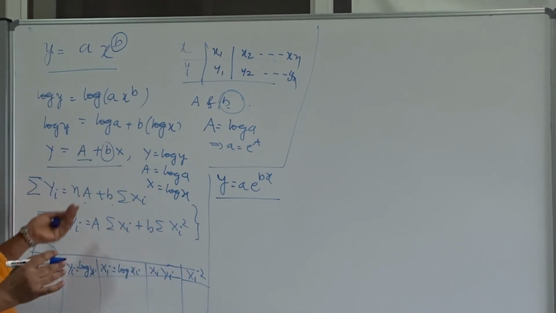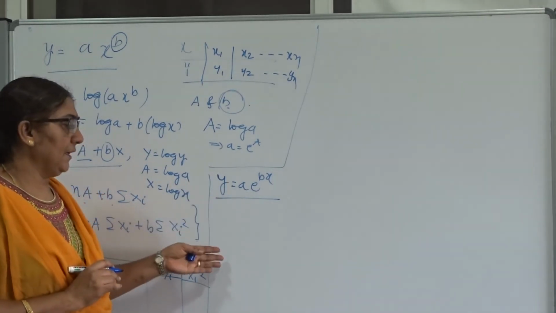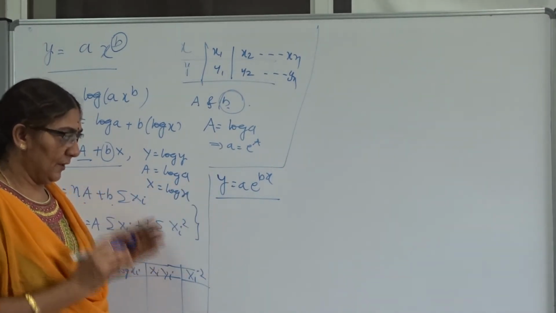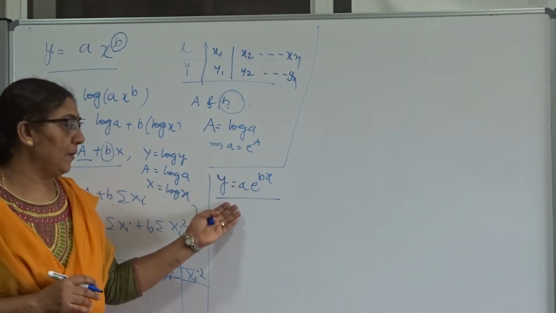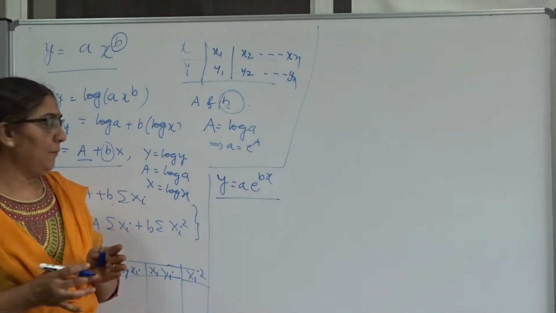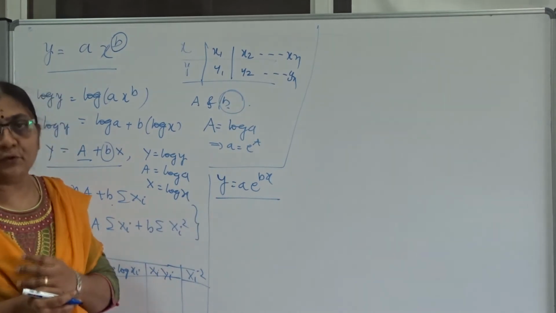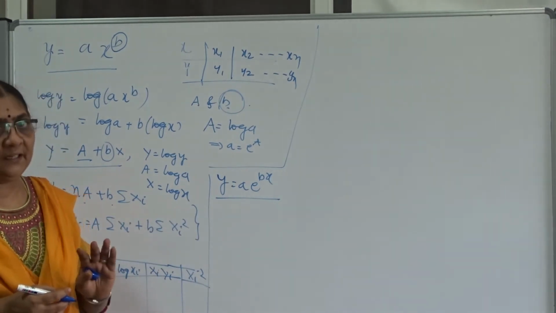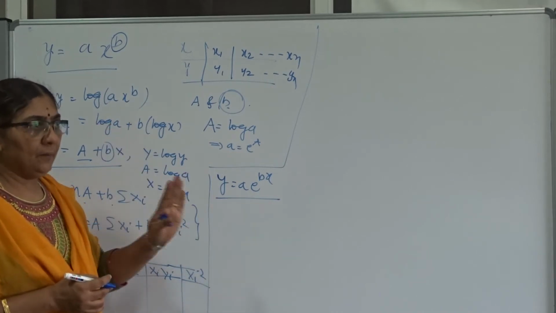Generally, we take any different type of nonlinear curve. Keep in mind, if you want to write a normal equation, first you always expect the given general equation curve to be in the form of a polynomial. Only once it is in the form of a polynomial, write it as a normal equation. Don't write the normal equation directly. Please take care of that. This is a point to remember.